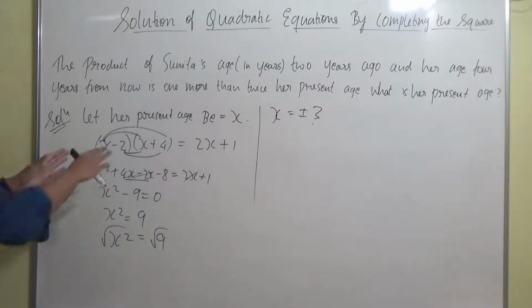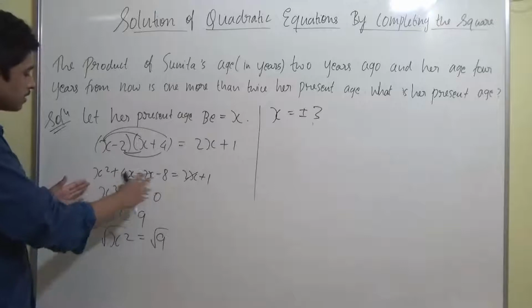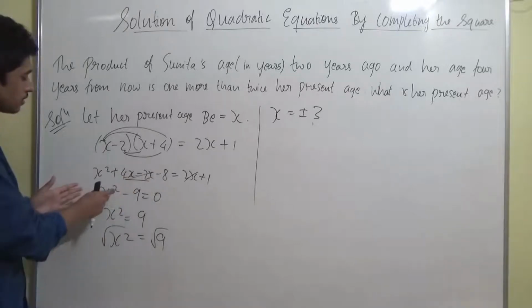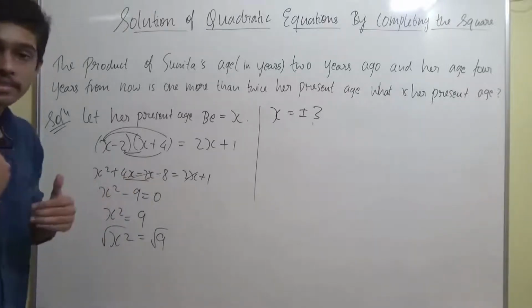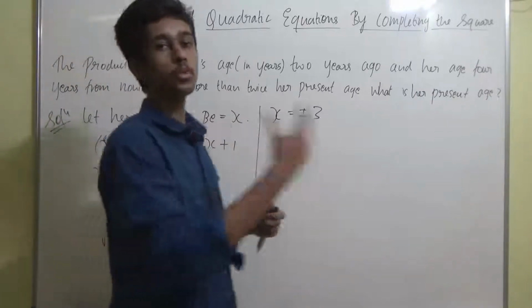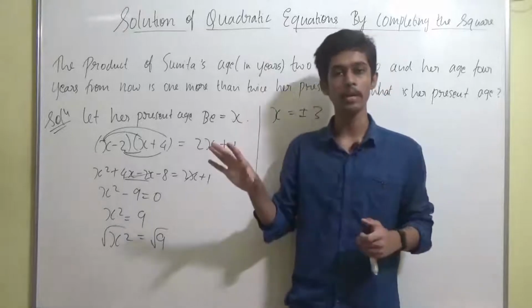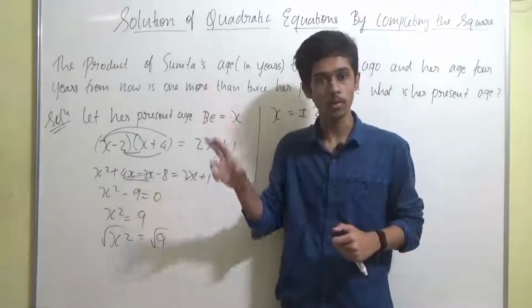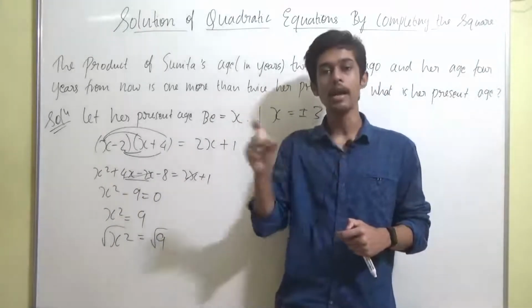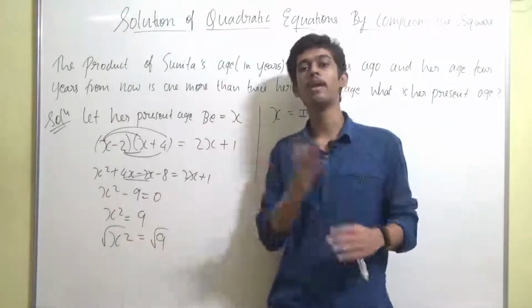The thing is, if you see in this equation, we have to express x in terms of a square of a number. Getting it, guys? We have to somehow express it in that way, so that if we take the root on both the sides, that is the root of x square and the root of that number, you should get the value of x.